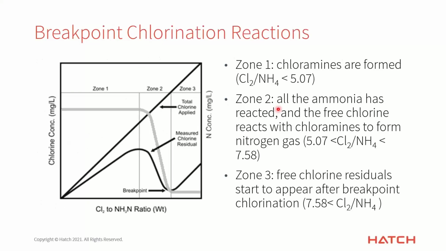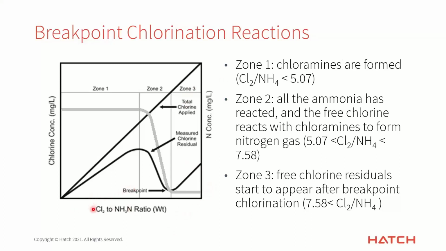So first, the chlorine ammonia or breakpoint chlorination reactions. For those who need a brief review, what I have here on the slide is a breakpoint chlorination curve. Breakpoint chlorination is what results when there's a continuous addition of chlorine to water containing ammonia, and this phenomenon is represented by the curve here. To go through this figure briefly, over here we have the y-axis with the chlorine concentration, then the x-axis with the chlorine to ammonia ratio, and here the secondary y-axis with the ammonia concentration.